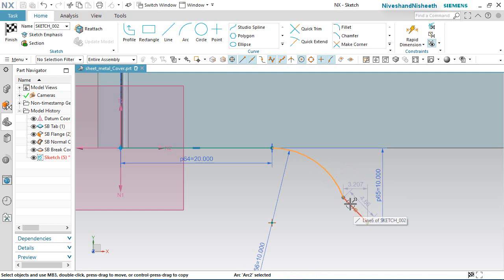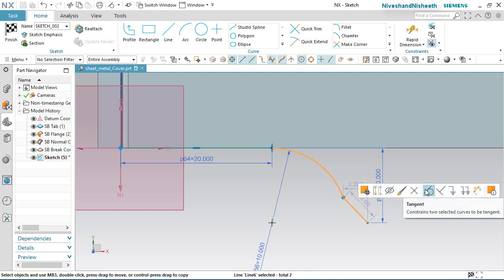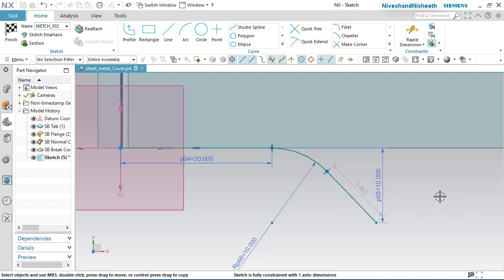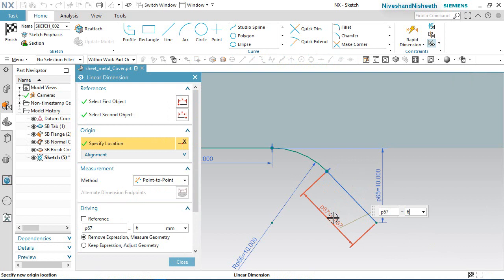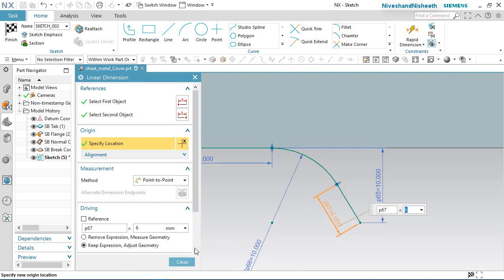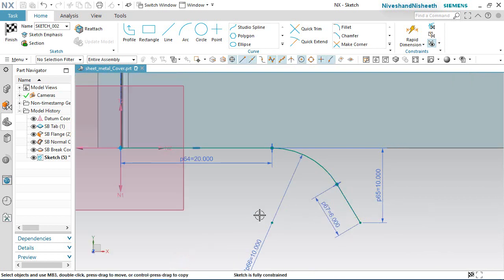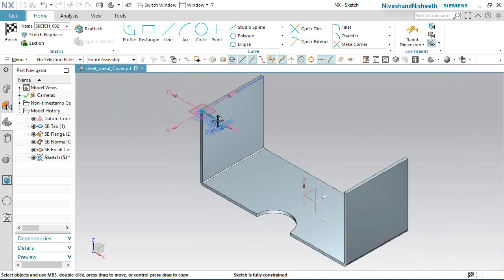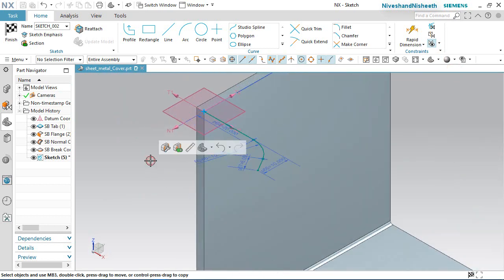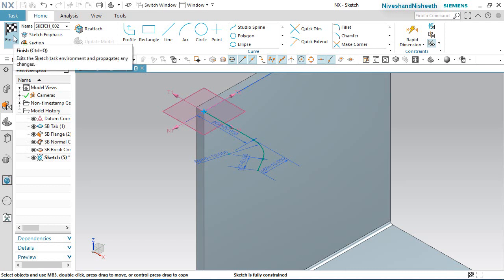In the same manner, select this arc and this line and apply tangent constraint. Set the value 6 mm. Now see, my sketch is fully constrained. Go back to the isometric view. Okay, finish the sketch.